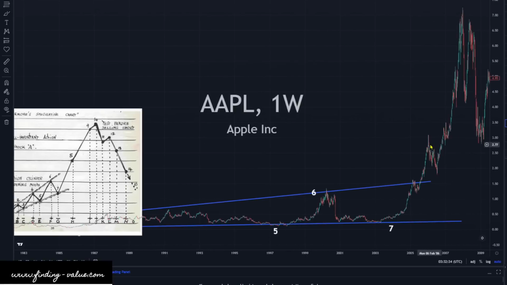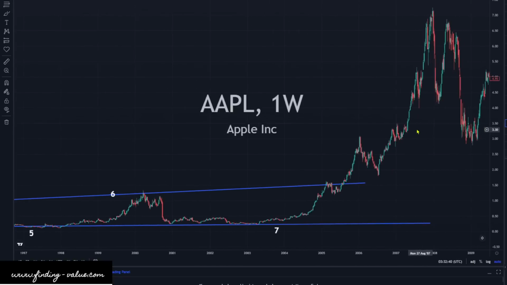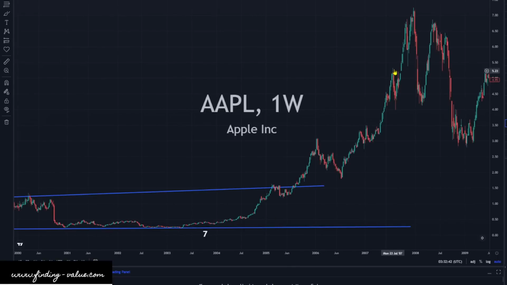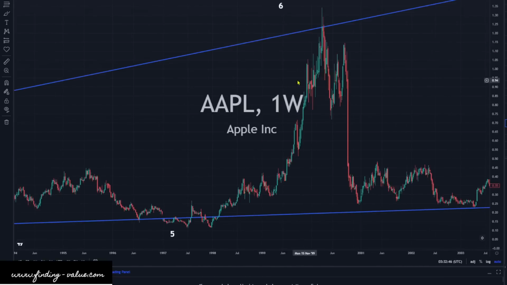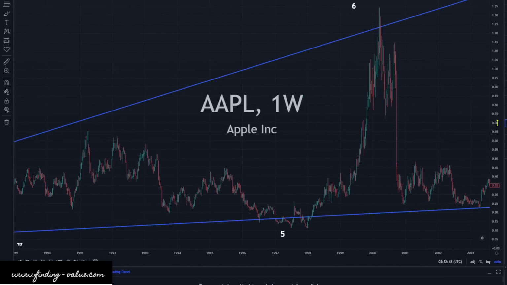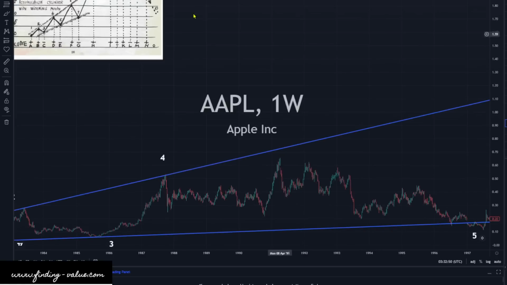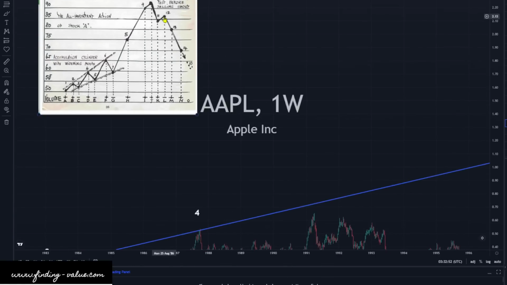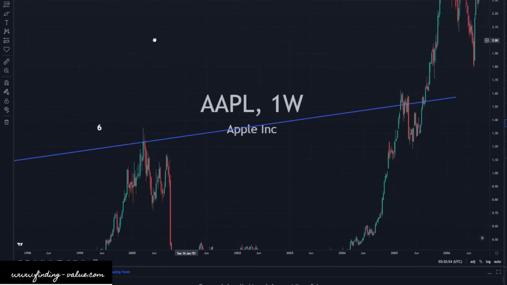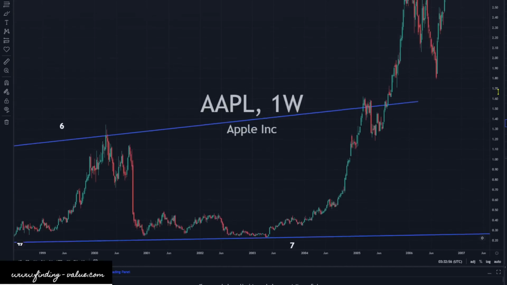Point number 8 would be this guy here. And then you get this mid wiggle a lot of the times. Point number 9 would be here. And then number 10 is the top. And then you get that other one here. Point number 11 and 12. And these can be,